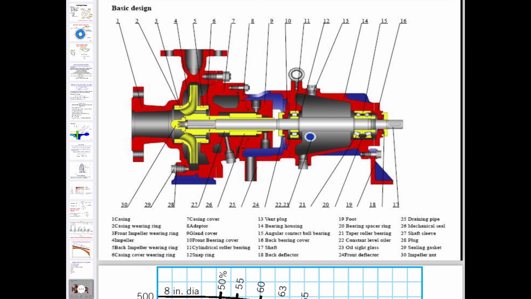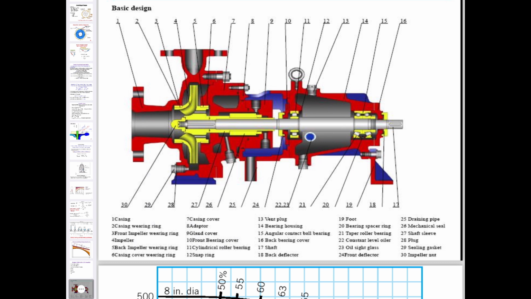One is the casing, second is casing wearing ring, third is front impeller wearing ring, fourth is impeller, fifth is back impeller wearing ring, sixth is casing cover wearing ring, seventh is suction cover, eighth is adapter, and ninth is gland plate. 10th is front bearing cover, 11th is cylindrical roller bearing, 12th is snap ring, 13th is vent plug, 14th is bearing housing, 15th is angular contact bearing, 16th is back bearing cover, 17th is shaft, 19th is nut, 20 is bearing spacer ring, 21 is ball bearing, 22